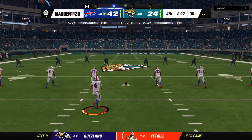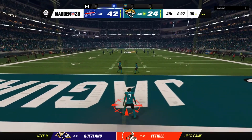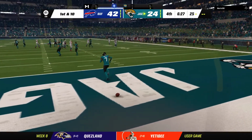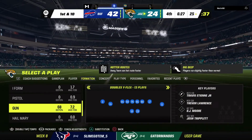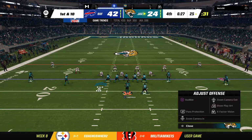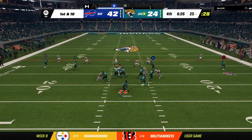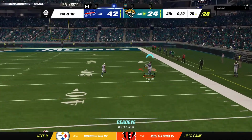Here's the Bills kickoff unit out as they will send this one away. And from back there, a wise move. He'll just sit on this one, and it'll come out to the 25. The Jacksonville offense set to begin their next drive. We said it at halftime that they would need a nearly perfect second half to erase that deficit they were facing, CD, but unfortunately...